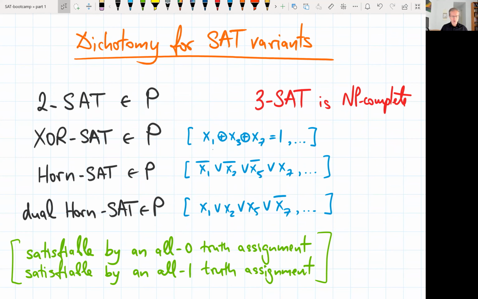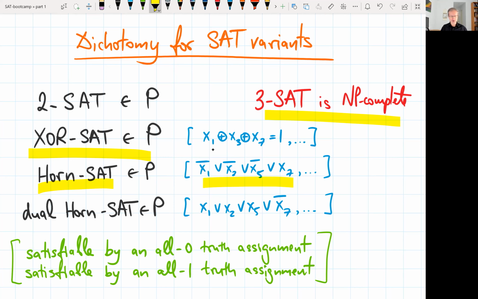There's 2-SAT, where you talk about satisfiability of formulas where each clause is of size 2, and we know it's in polynomial time. I mentioned that before. We also know that 3-SAT is NP-complete, but let's talk about other SAT variants that can be polynomial time. If you talk about a system of linear equations, XOR-SAT, you also can solve it in polynomial time using Gaussian elimination. There are special kinds of formulas called Horn-SAT, where each clause has at most one positive literal in it. And if you have a conjunction of such clauses, then satisfiability of such formulas is possible in polynomial time.